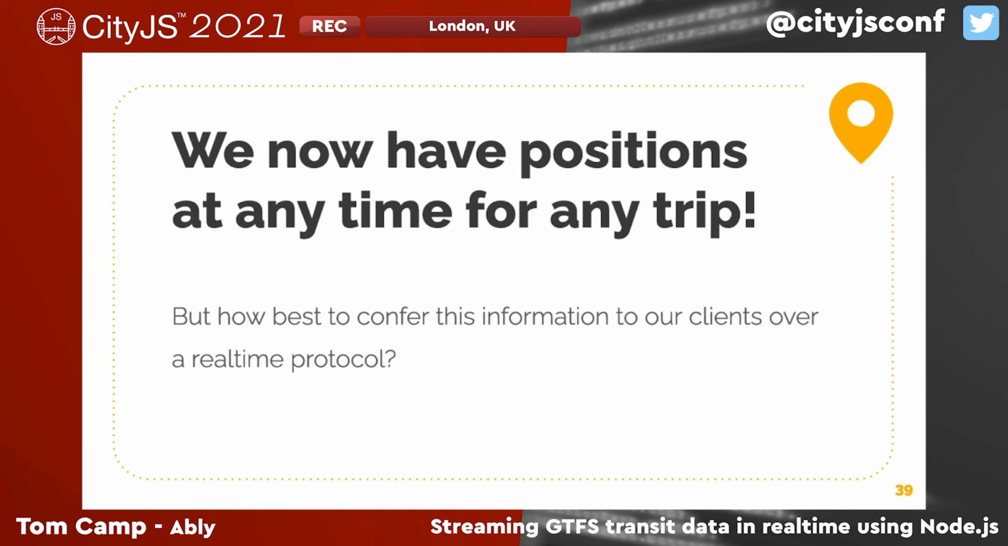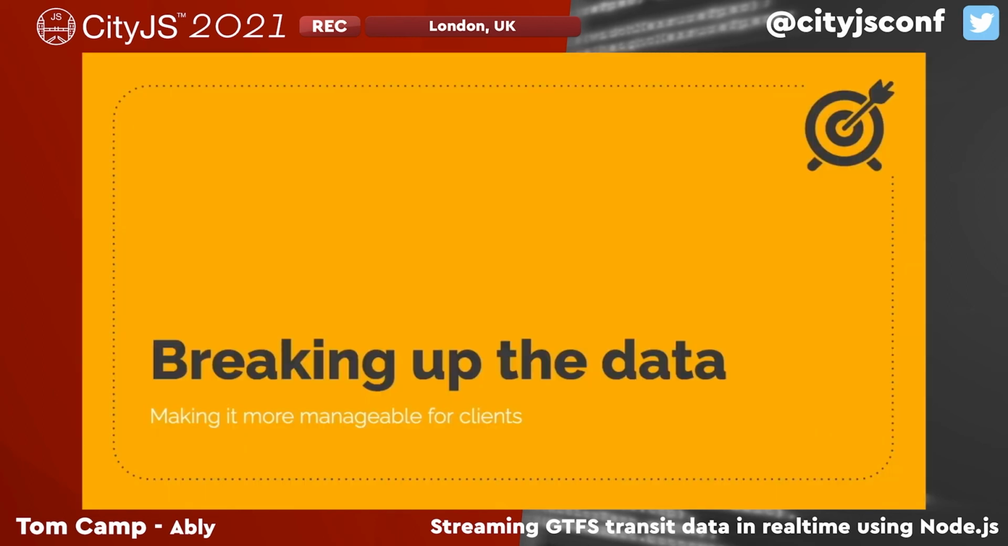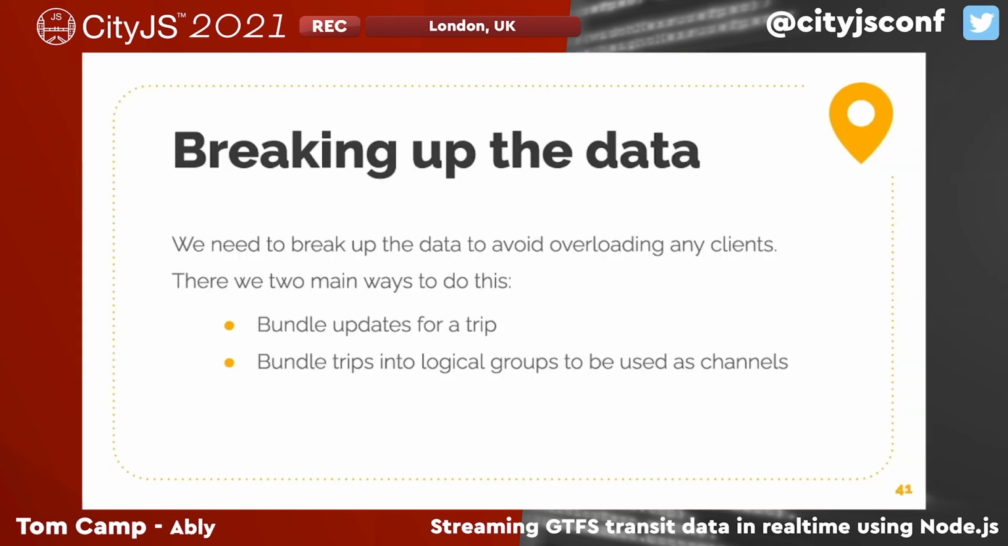So we need to work out how best to then actually convey this information now available on our server to our JavaScript clients to render. So how do we break up this data? Two major ways which I've used is one, attempting to reduce the number of messages by containing more information within each message, and secondly, trying to then break up the different transit systems and regions of the map into different channels,